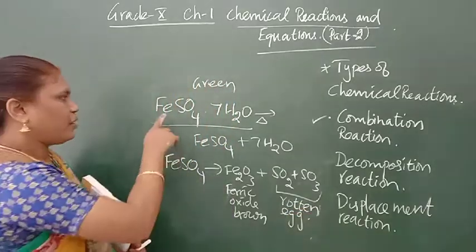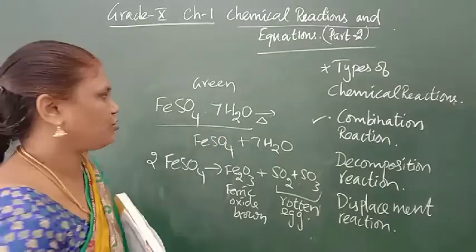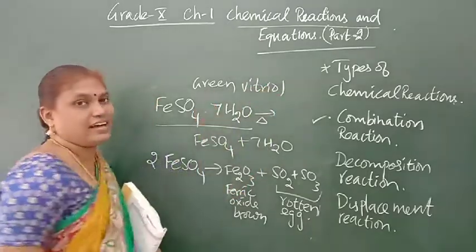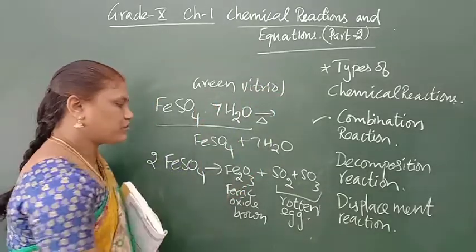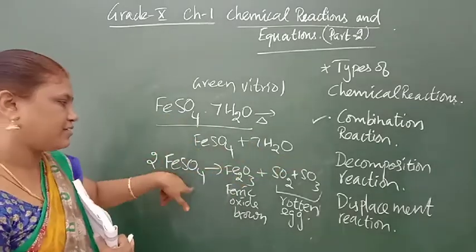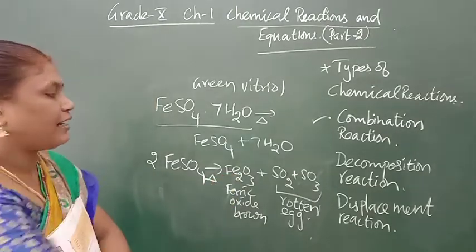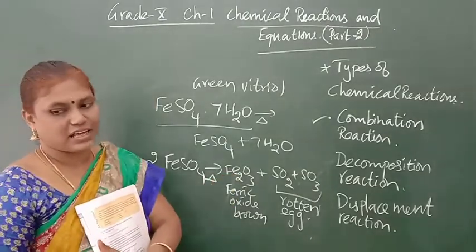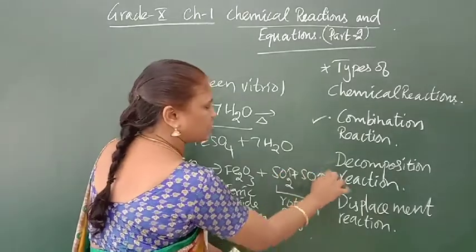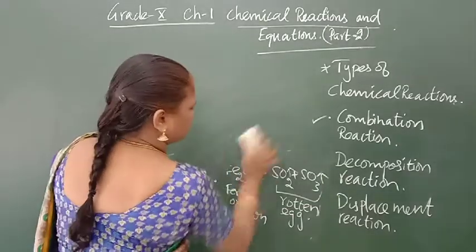So the ferrous sulfate crystal is hydrated. We have seen water of crystallization. It is green vitriol. That's why it is green in color. On heating, it becomes brown. First, the water molecules will be eliminated. Then two molecules will be heated, and when heated, it becomes brown ferric oxide, and sulfur dioxide and sulfur trioxide, which have a rotten egg smell. These two are gases, and they are liberated. This is the first equation. Shall we go for the next?